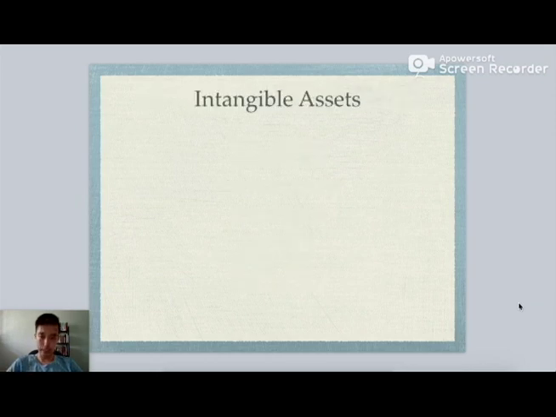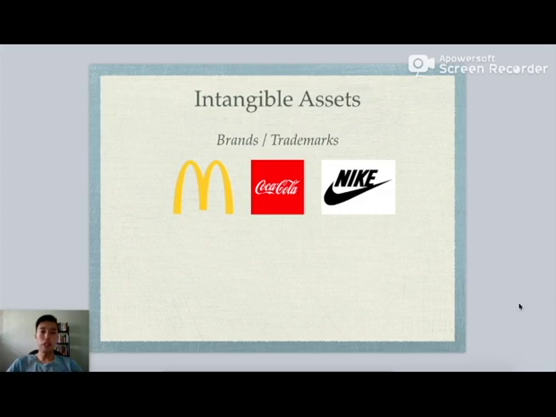Okay, so firstly, what is that intangible asset economic moat? Right, so a form of intangible asset could be a brand and a trademark. Right, it's not something tangible, it's intangible, you can't touch it, you can't really feel it, but by itself that thing alone actually costs you a lot of money. Alright, and one thing we can say is brand. For example, like McDonald's, Coca-Cola, Nike.